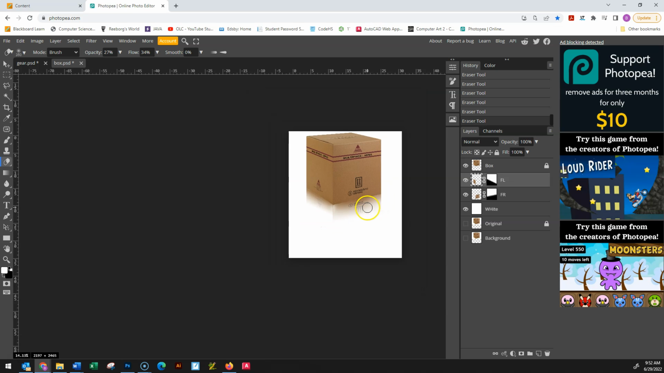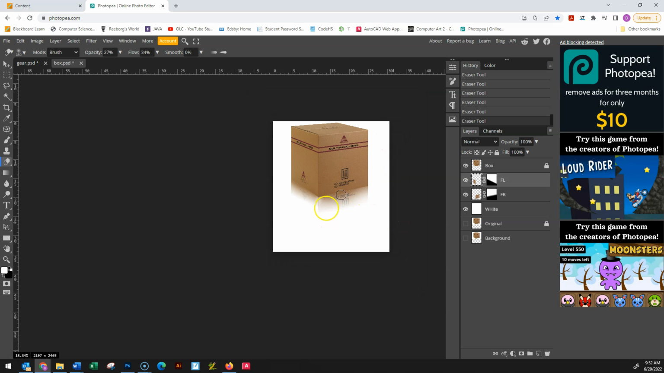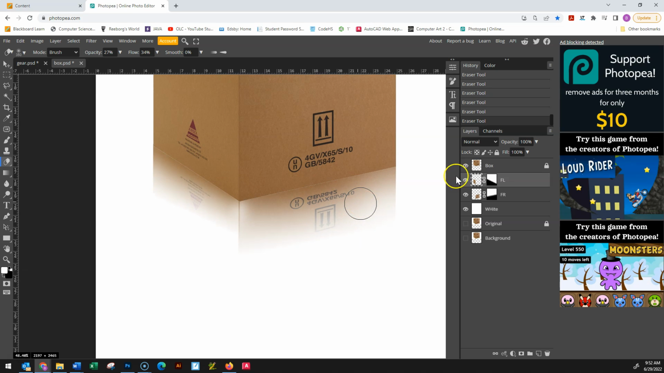And sooner or later, after playing with it, you get a little reflection. Again, this would be a very, very short reflection. If you had a mirrored finish, you'd want it to be much further. And at the end, then you can just